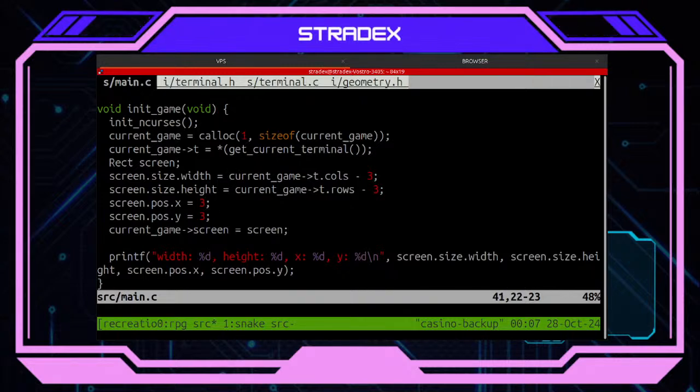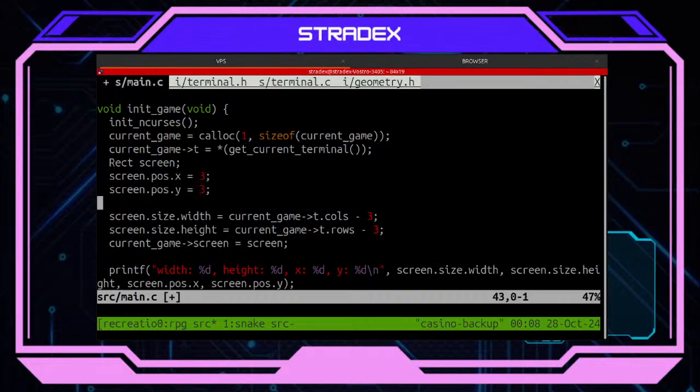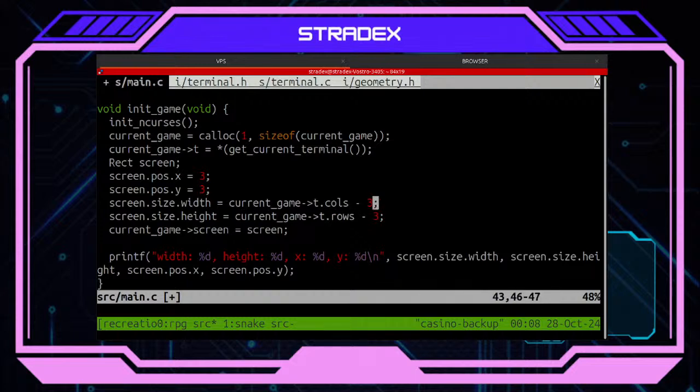So basically what I want now is minus screen.post.x minus screen.post.y.